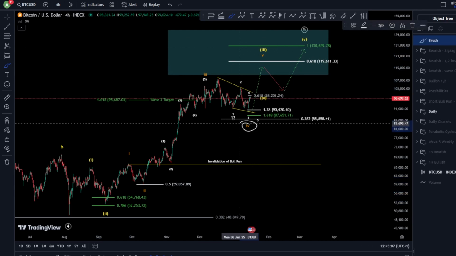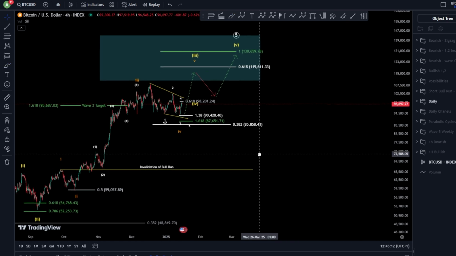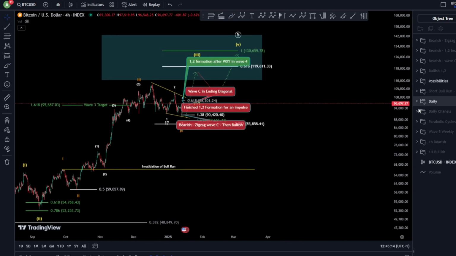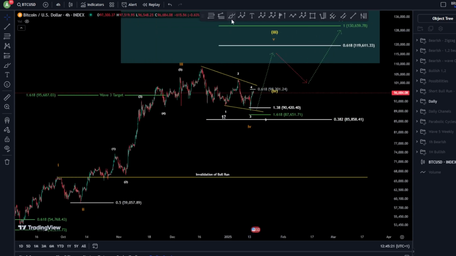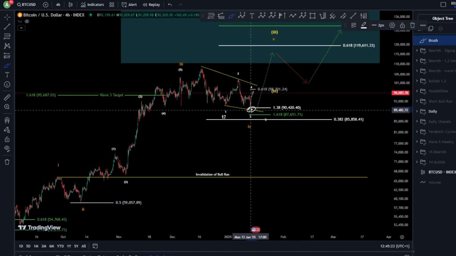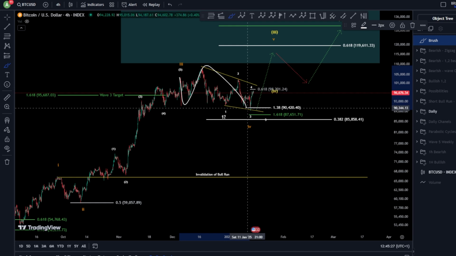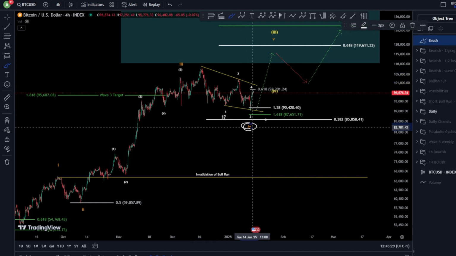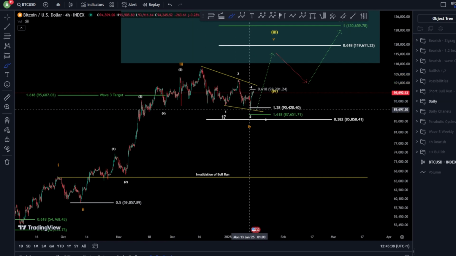Now for the wave 4, did we finish or not yet? Of course, the possibilities are too many here, as we said before as well. We have several possibilities and still working the same. And that's because we have seen a lower low here, but it still can be a W, X, and a Y, where you probably have finished a wave 4. And considering this as just a simple zigzag, hitting the almost 0.618 uncommon target, but still fine, because we took the low.